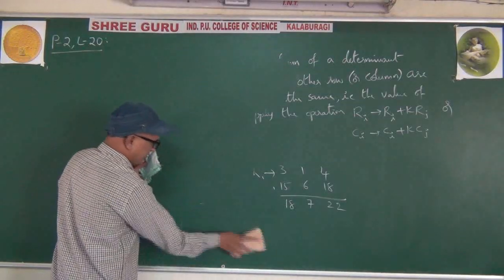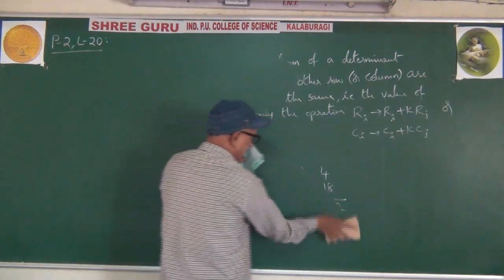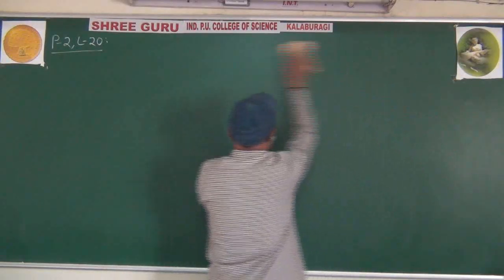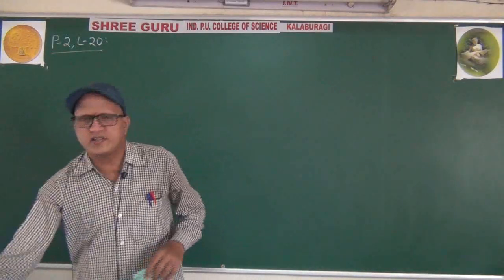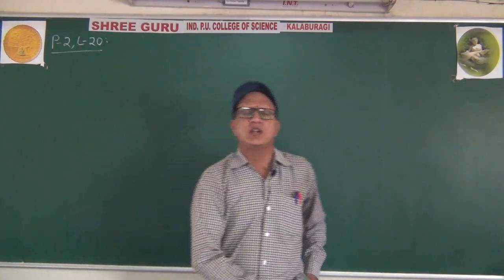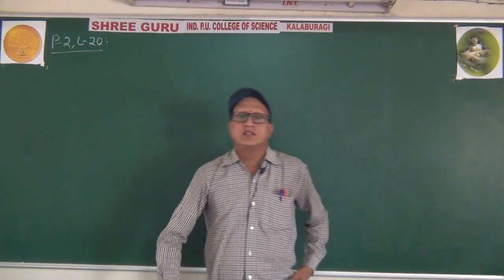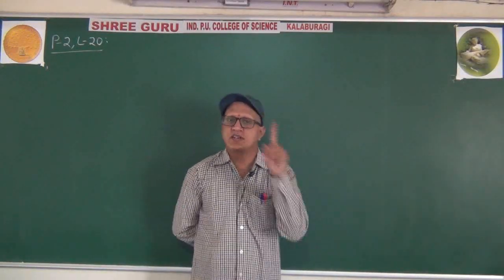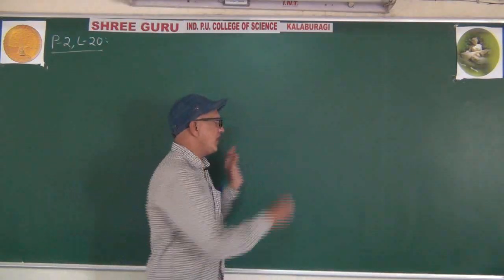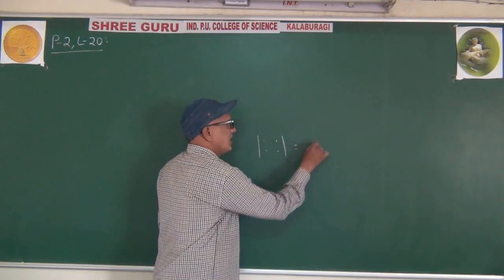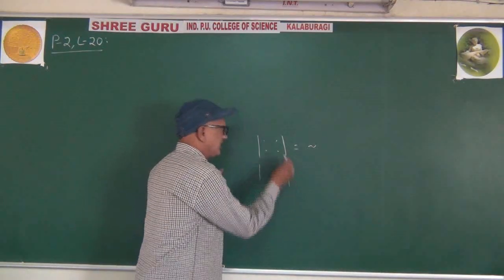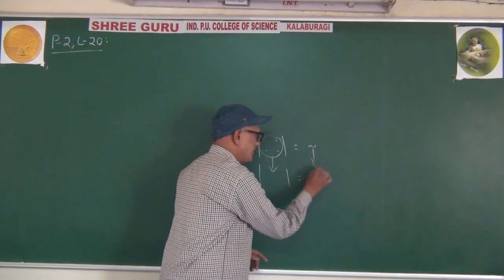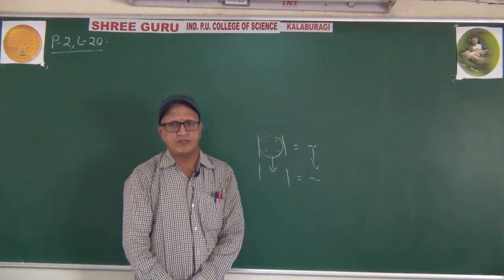Few people are feeling that my properties are a bit boring, sir. No, these are like formulas. Within 2-3 minutes I will finish all the properties, just a glance. Then you can understand which property we have to concentrate on. First property: if you find the determinant for some matrix, then transpose this matrix and find the determinant, you get the same answer. This property is easy.